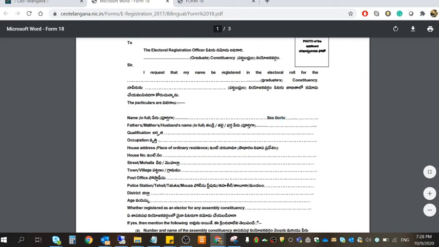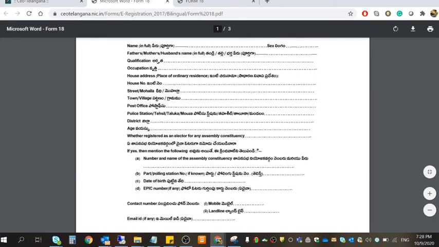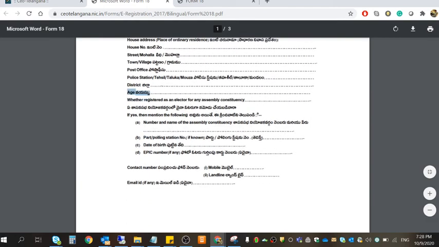Name, sex, father name, husband name, qualification, occupation, house address, house number, street, town, village, post office, police station, district, age, and whether registered as elector for any assembly constituency.